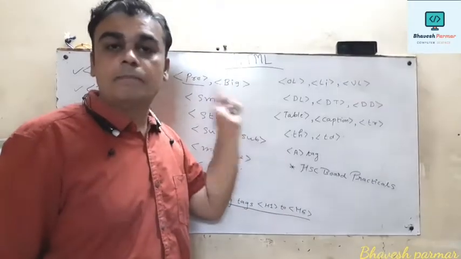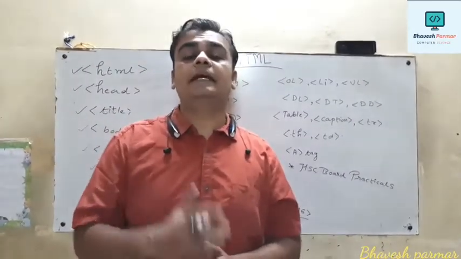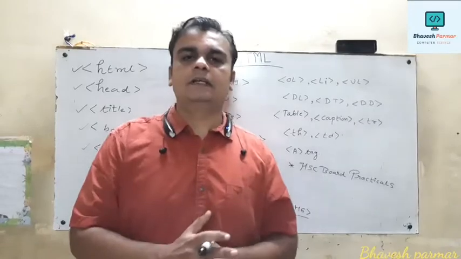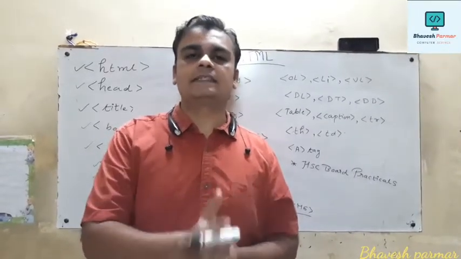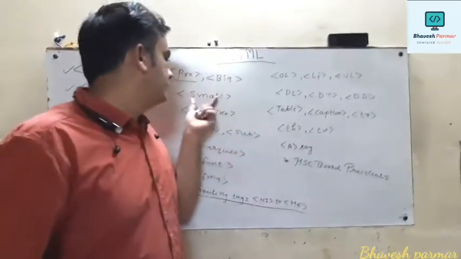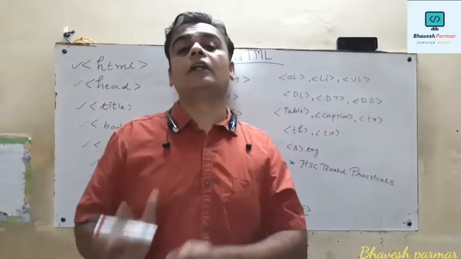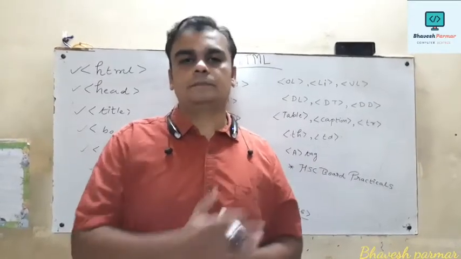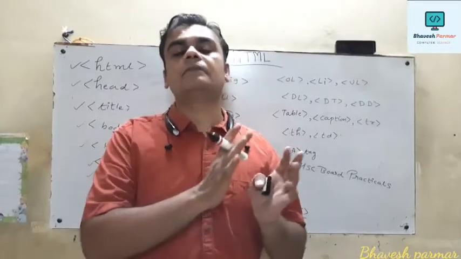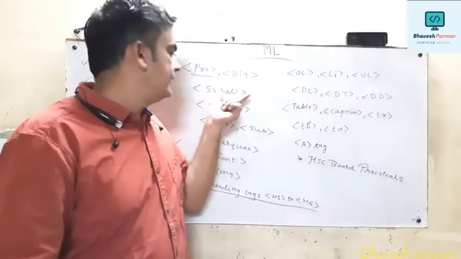Thereafter our next tag is the big tag. If we use the big tag in our program, it displays the text with a larger font size compared to the previous text. Suppose we use a default font size of 10, then it will display larger than the original text. Now the total opposite tag is the small tag. As the name suggests, the small tag tries to display the text with a smaller font size. Suppose you use text with font size 12, it will try to display 10, 11 in this way. It means less than the original font size. So these are the basic uses of the big tag as well as the small tag.